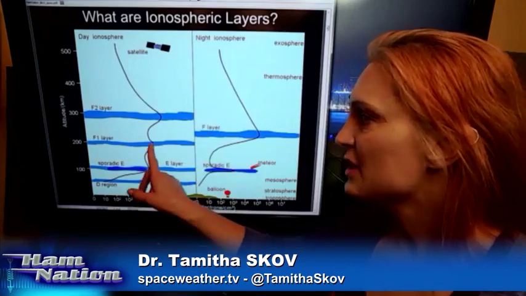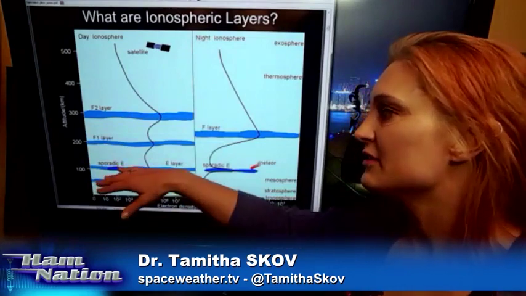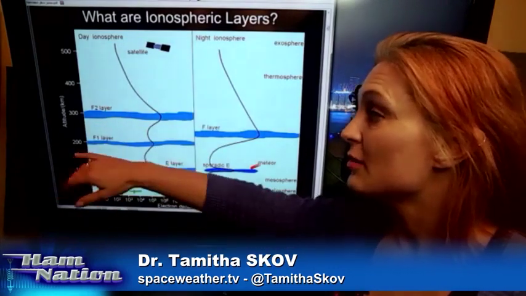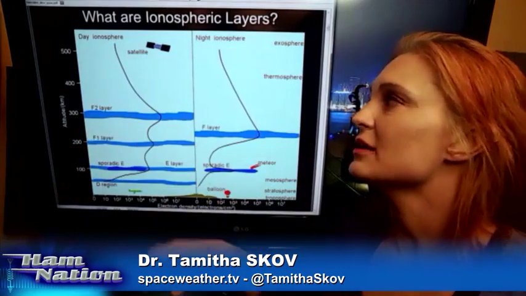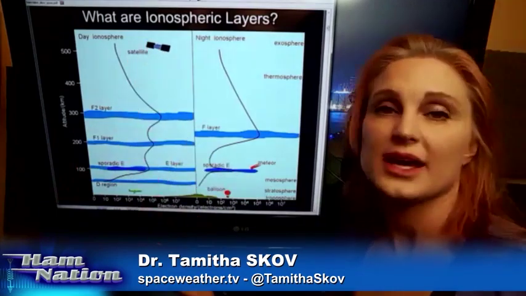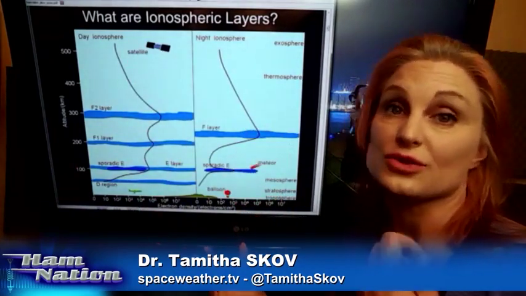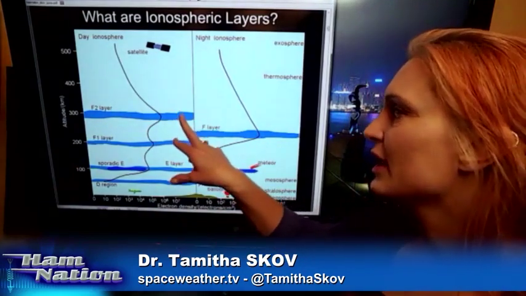So as you see these peaks, these little humps, they are actually the layers of the ionosphere. You've got the sporadic E and the E layer at about 100 kilometers. You've got an F1 layer sitting at about 200 kilometers and an F2 layer sitting at about 300 kilometers during the day. Now at nighttime, things simplify quite a bit because you no longer have the sun trying to tear electrons off. So the F1 layer and the F2 layer